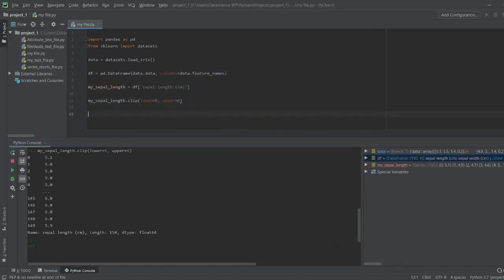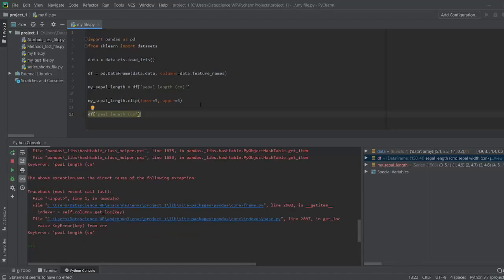So now let's achieve this. First, I'm going to select our petal length column. Run this.